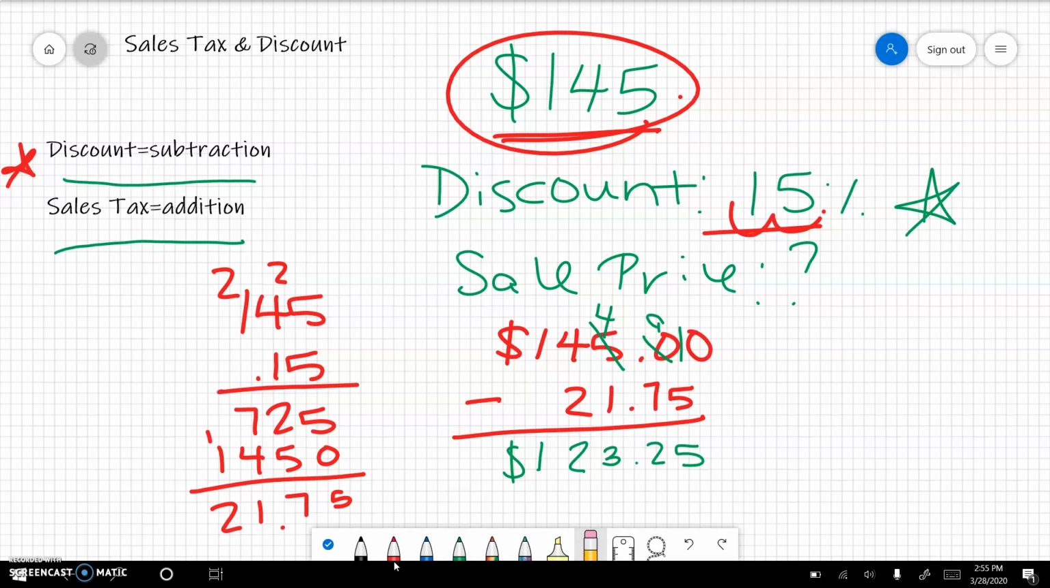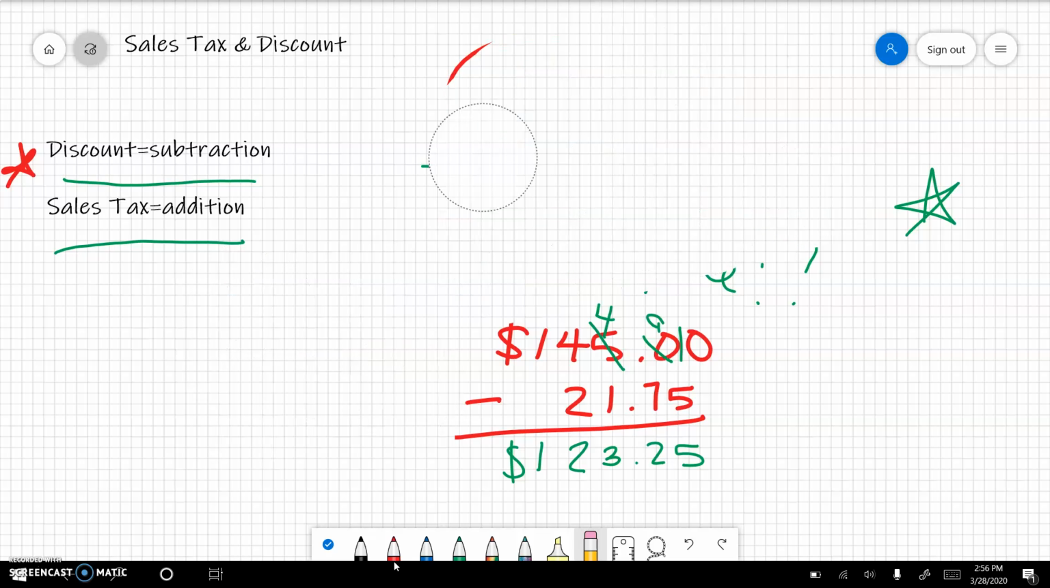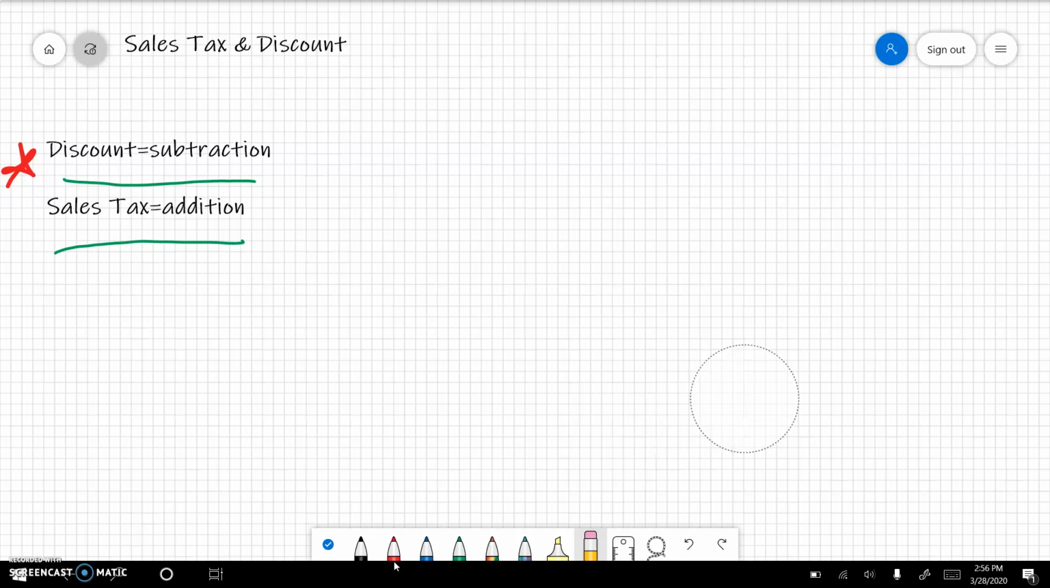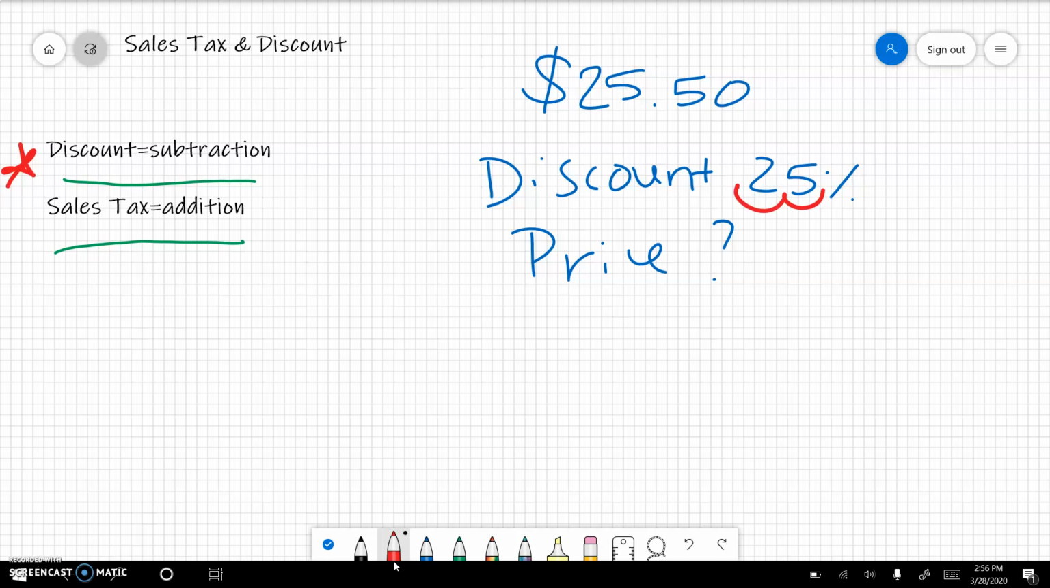Let's look at another example. Okay, we're going to do another discount example here. So if I have, let's see, my regular price is $25.50. I have a discount of 25%. So what is my price? What is my sale price? So the first thing I'm going to do is make my percent into a decimal, move it over twice, and I'll have